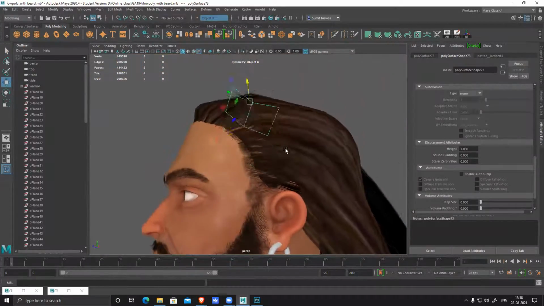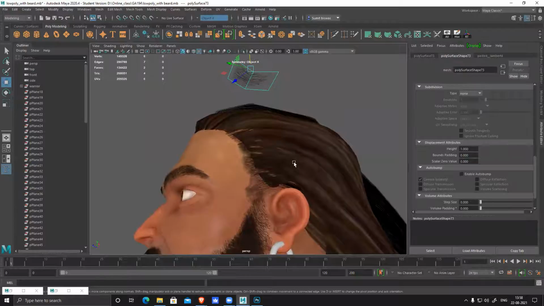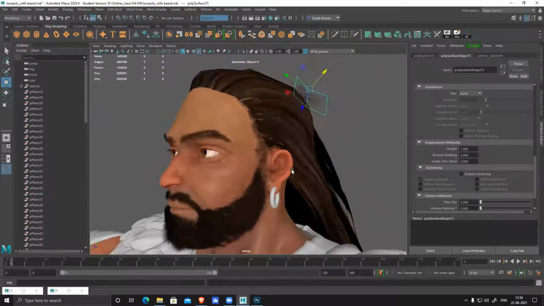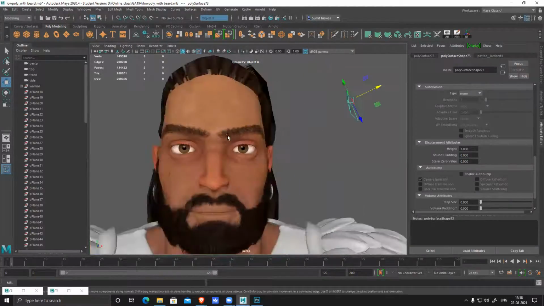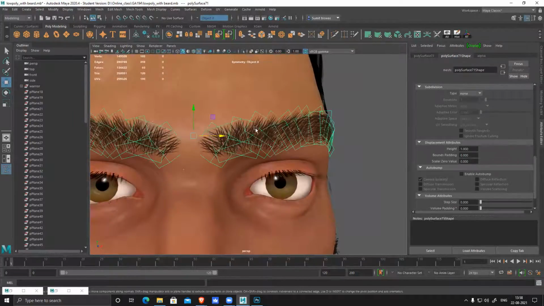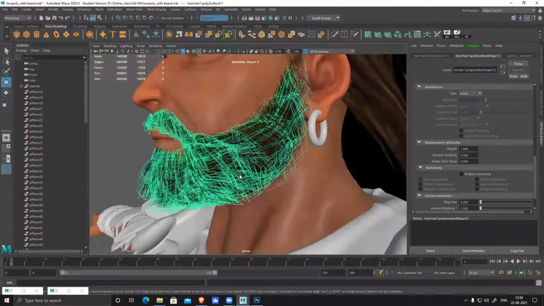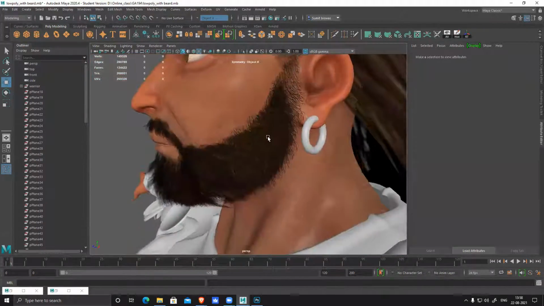Just an alpha card. Okay, sir. Till now I was thinking that one plane will have just one hair, so I was very much worried about how to do it. So you create multiple planes for eyebrows. Also, you can see a single plane. Okay. A small plane, and you can see there are so many planes just to make it dense.